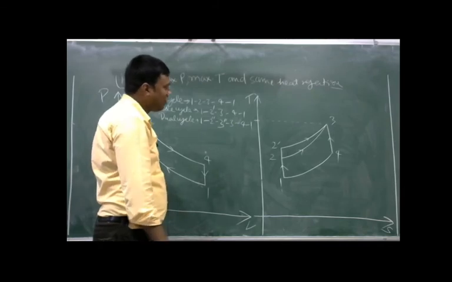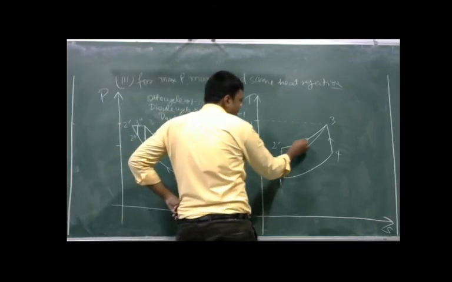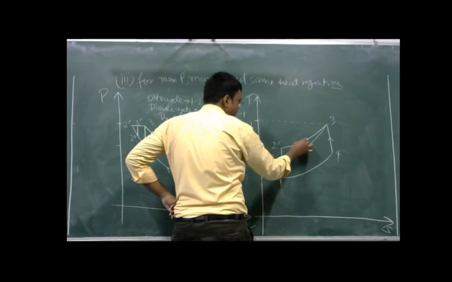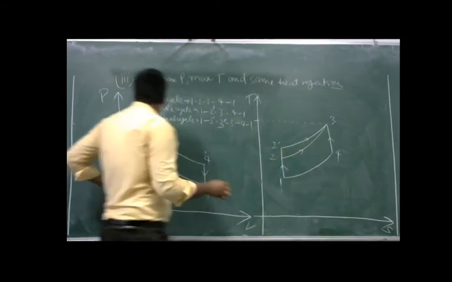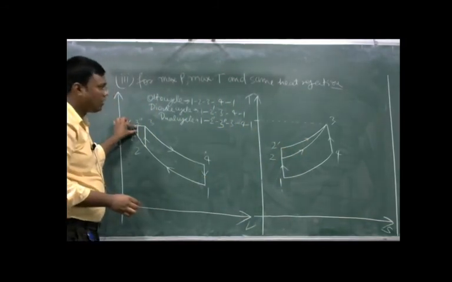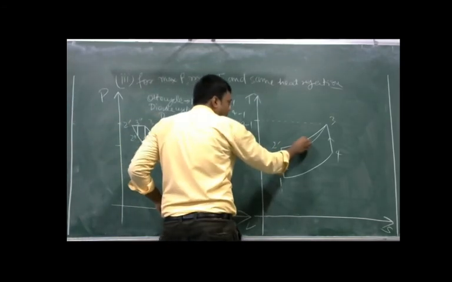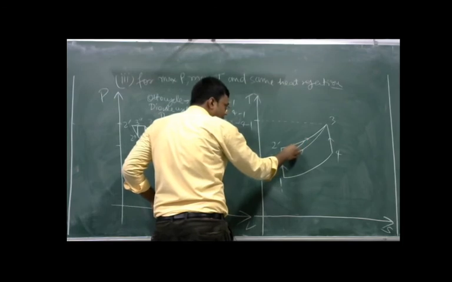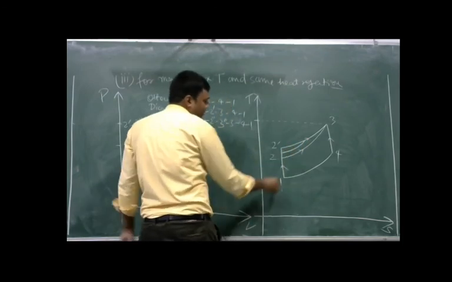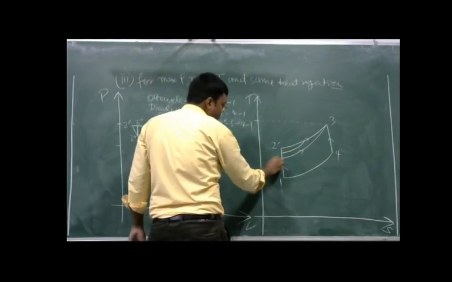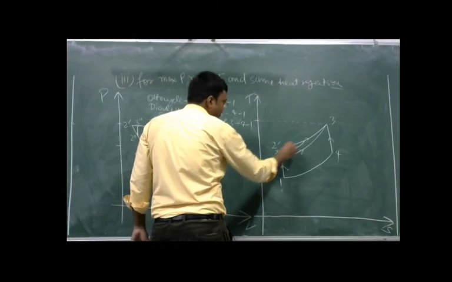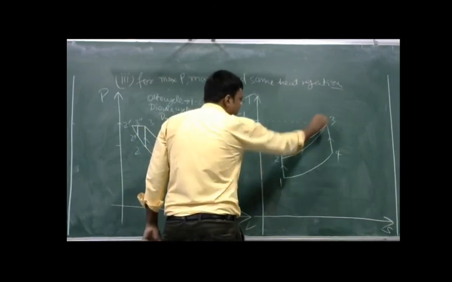And for the dual cycle, again there is this constant pressure curve, and at some point there is constant volume. The slope for constant volume is higher, so we have to make a higher slope curve from here, in between. So it will come like this: 1 2 2 double dash 3 double dash 3 4.